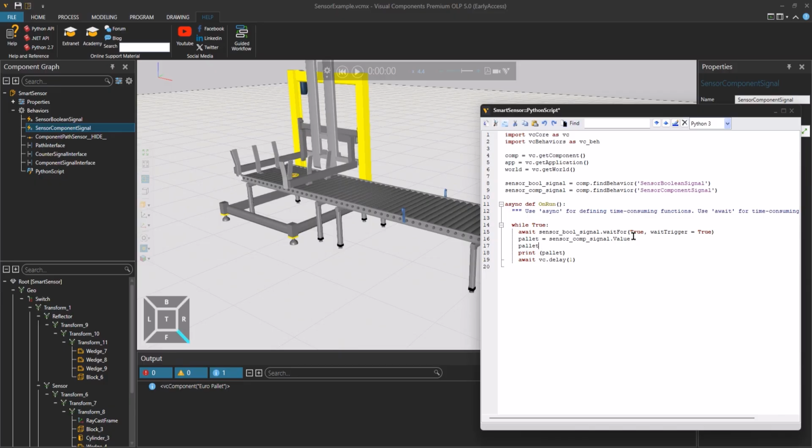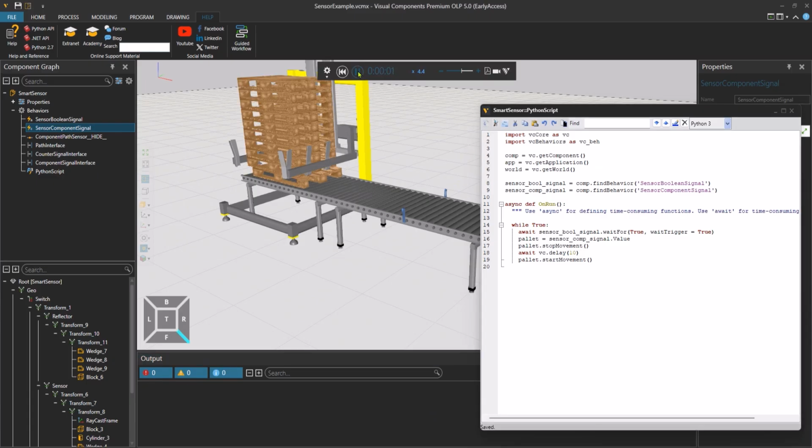Use that handle to stop movement. Then we have a delay, which we can increase now to 10 seconds. And then we can call pallet start movement. We can remove the print.